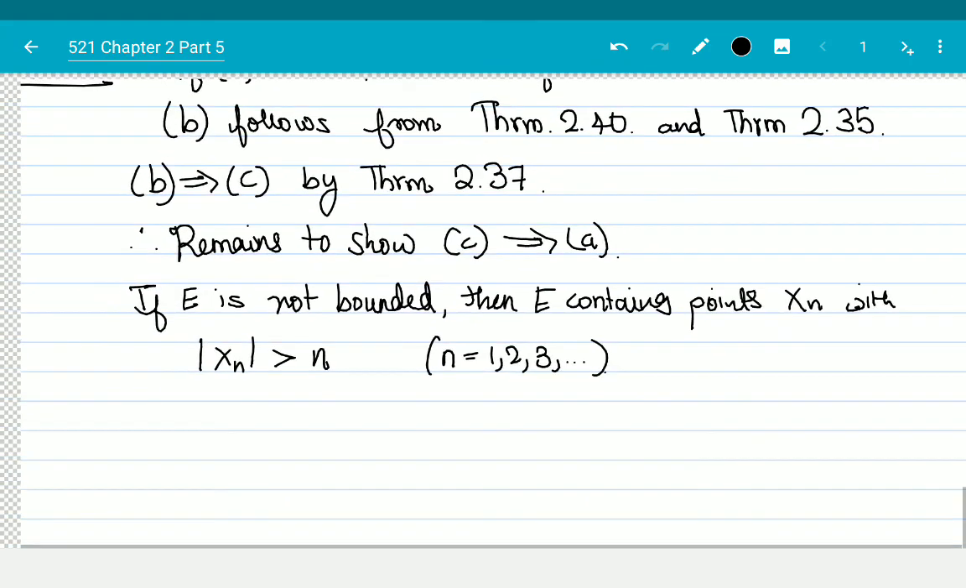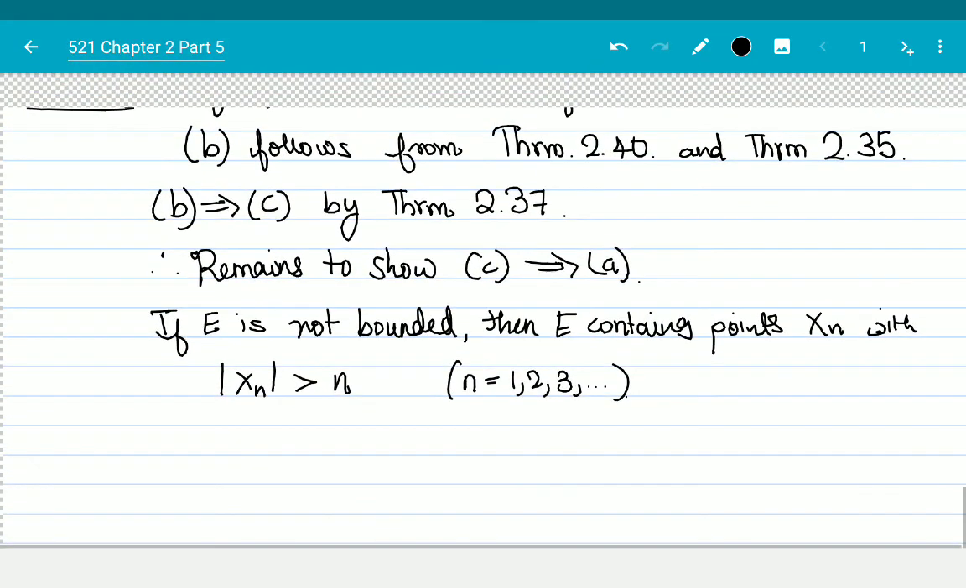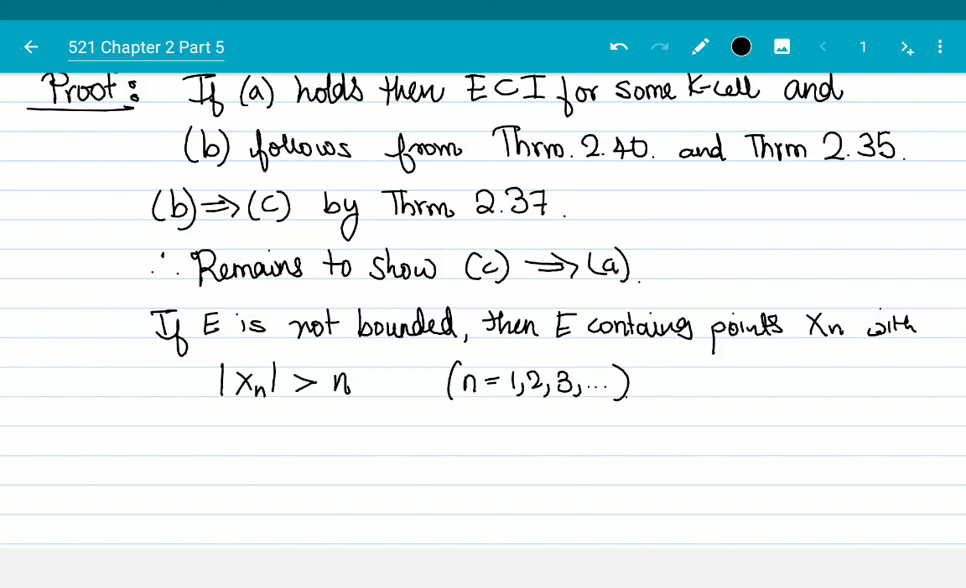Right? Because if there is some n where it stops, then that would be bounded, right? The entire set would be bounded by these points. Well, the set S